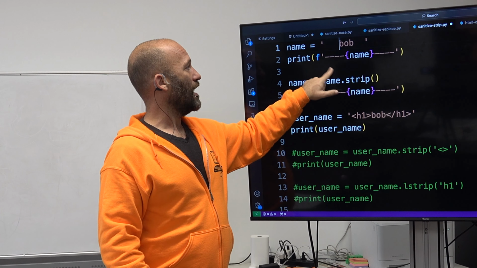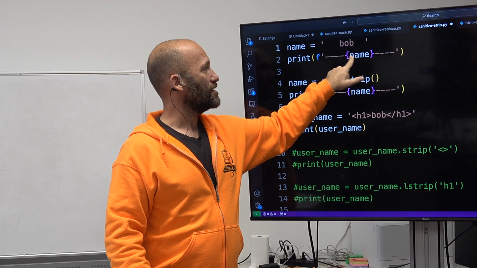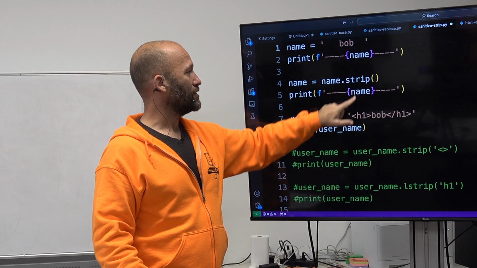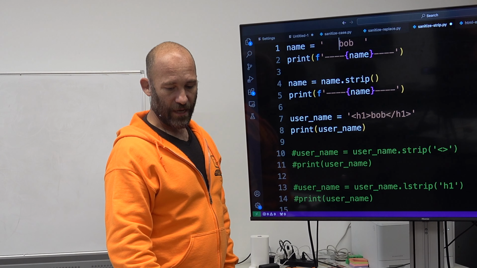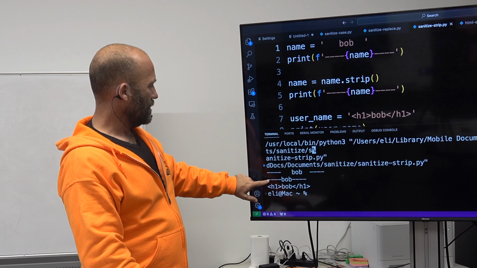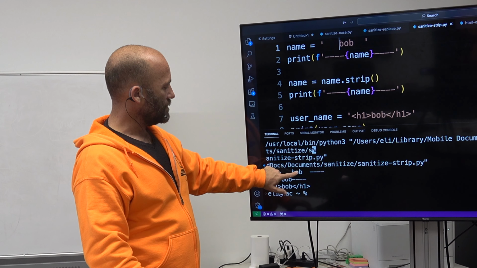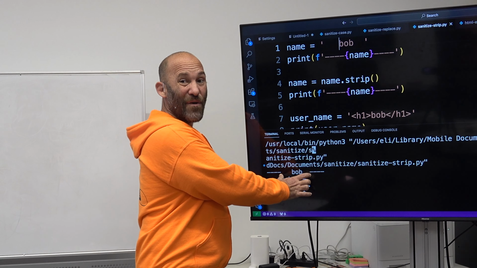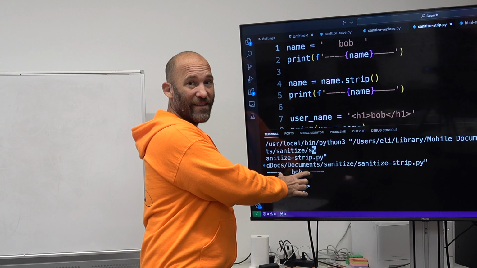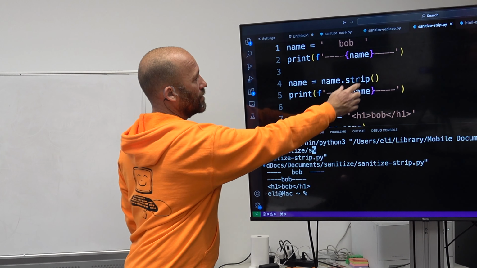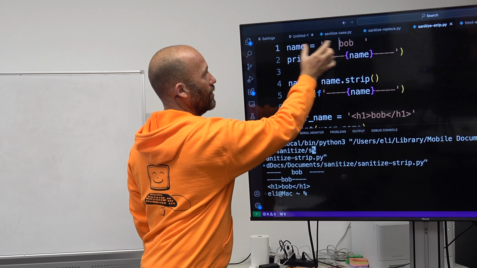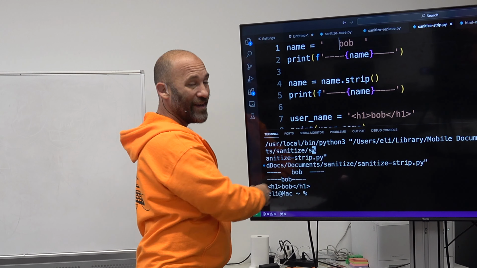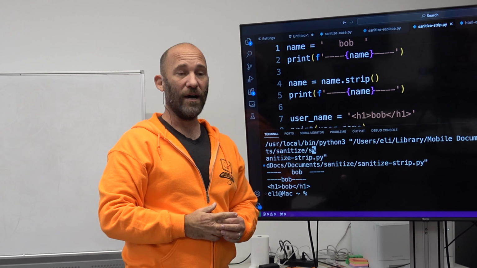So we have print, we're doing an F string. I'm putting these hyphens here just so you can see where the spaces are or aren't, doing the same thing down here after we've stripped the white space to either side. So when we run this, we'll see hyphen, hyphen, hyphen, then we have 3 spaces Bob, then 3 spaces hyphen, hyphen, hyphen, right? So this is the entire variable value. And again, if you put that into the database, you can have problems. So here, what we're doing is stripping out the white space around the variable value so that we only have Bob. And so now you can see that there's no white space around that variable value Bob for the